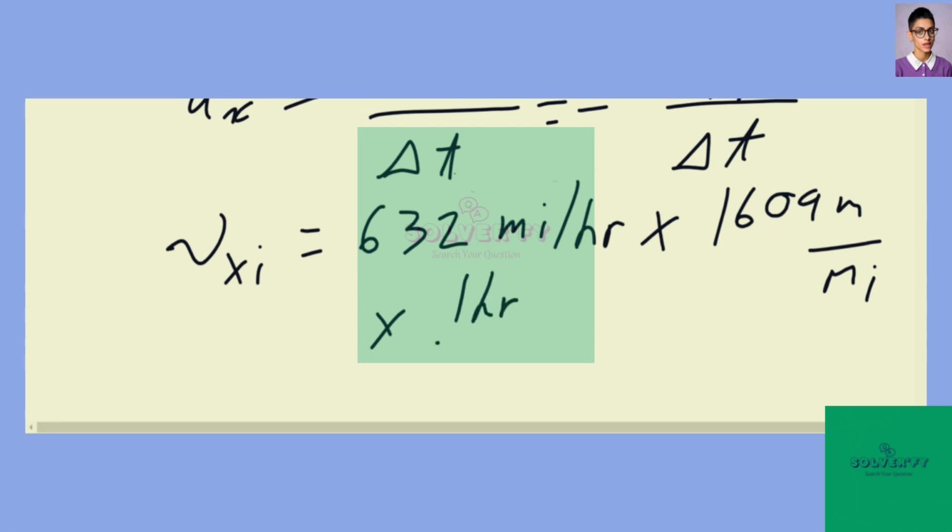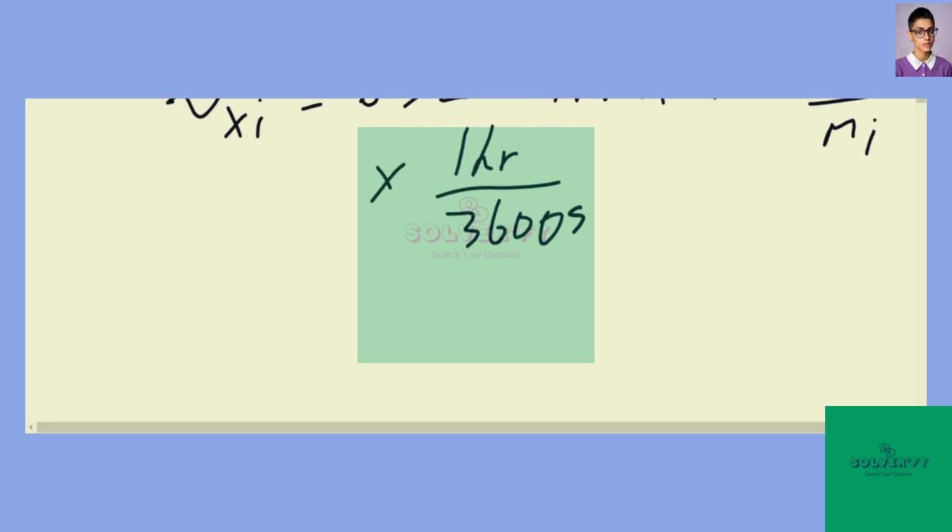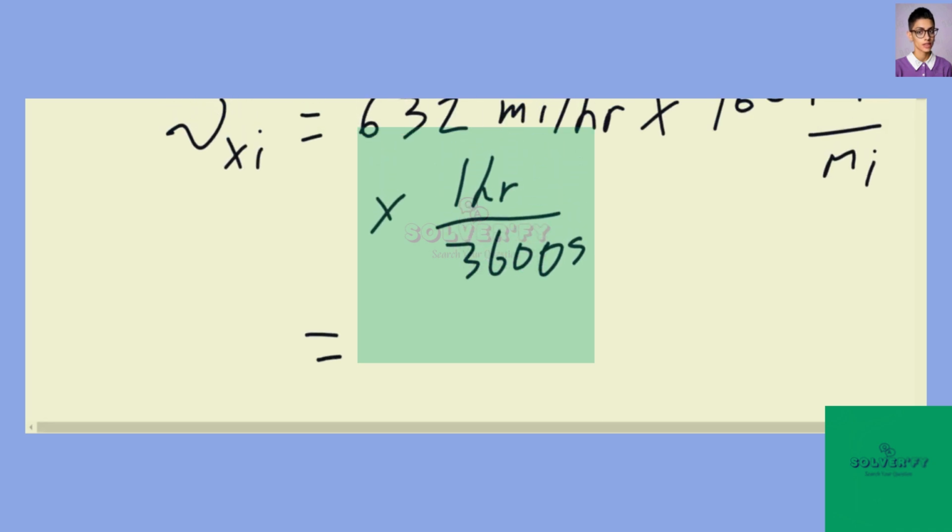So 1 hour has 3600 seconds, and this result comes out to be, whoa, sorry about that. The initial velocity in meters per second comes out to be 282.468